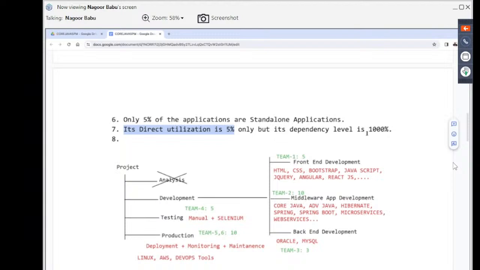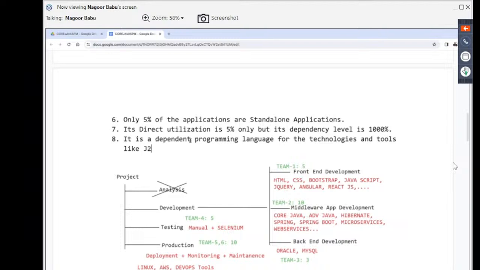5%, but its dependency level is 1000%. Why, sir? Why am I telling this point here? It is a dependent programming language for the technologies and tools like